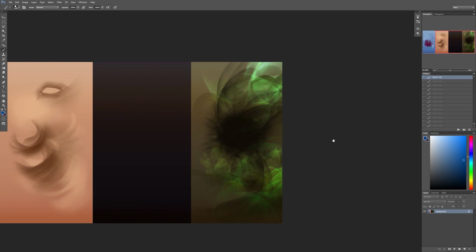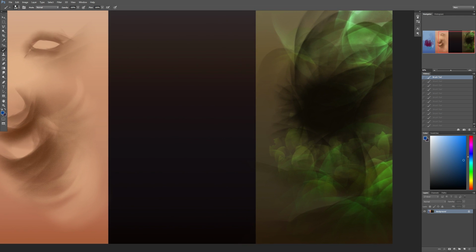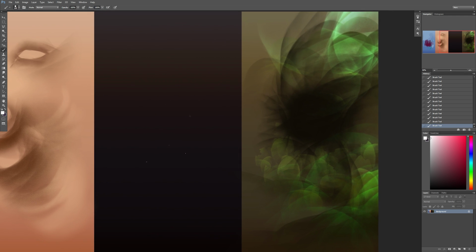All right, now let's go and play around with the dust brush. This one is awesome for when you're done, pretty much, with the painting, and then you want to add some nice effect. This is what it is if you blow it up. But basically you want to have a really subtle one. What I like to do is put it on a different layer, and then you have small ones here and there,